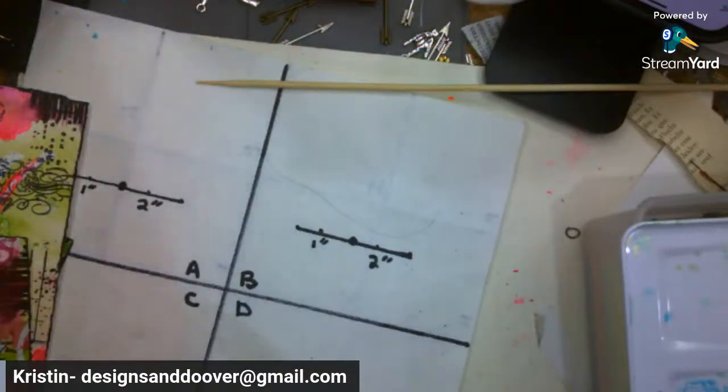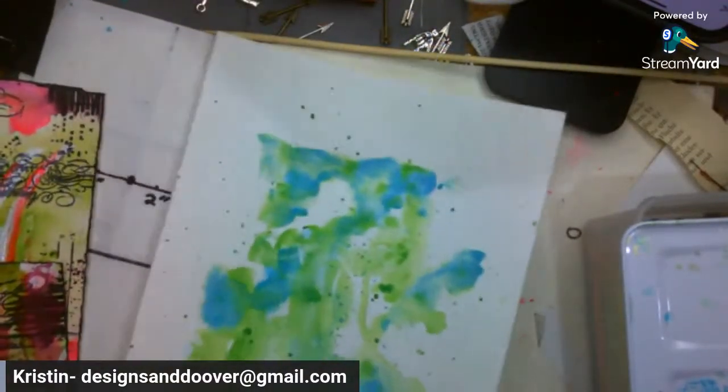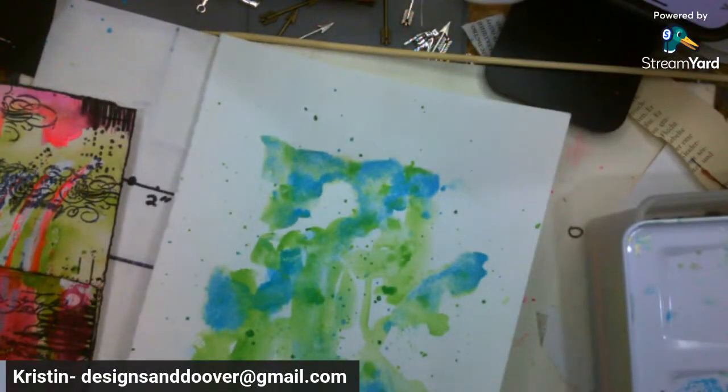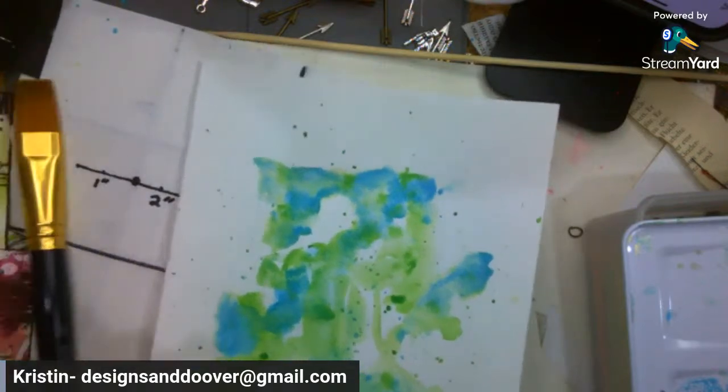This one is pretty dry. Whew. It's a little wet right up here. That's all right. We'll just take that. I am going to put my brush away. I'm going to pull out